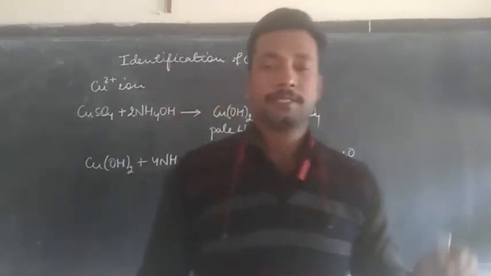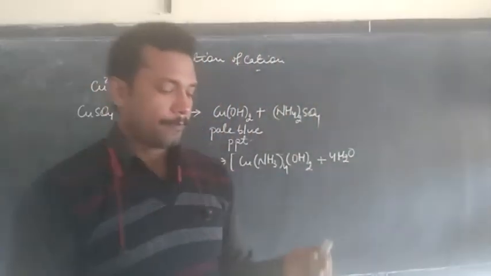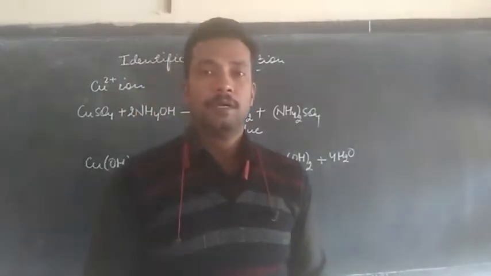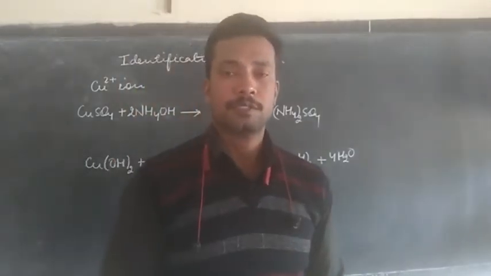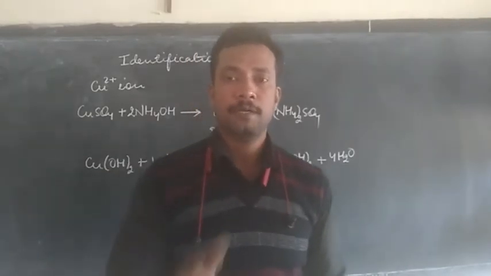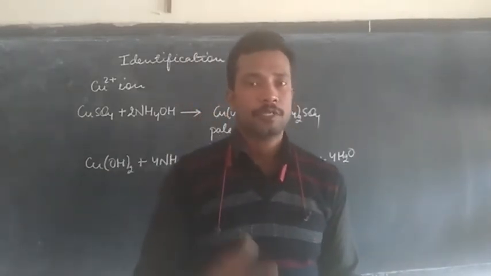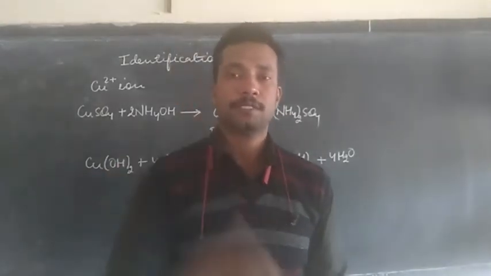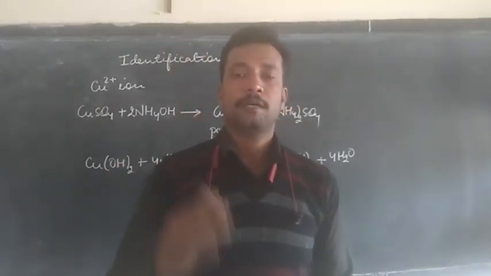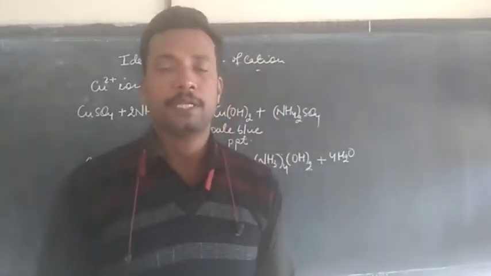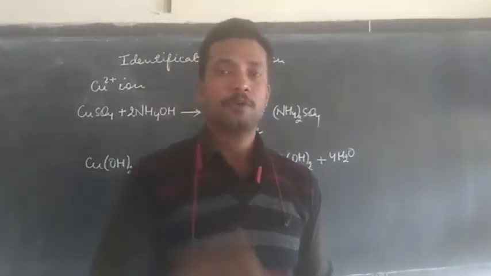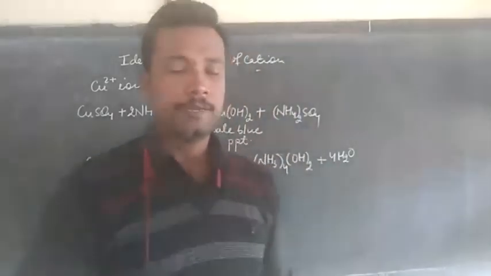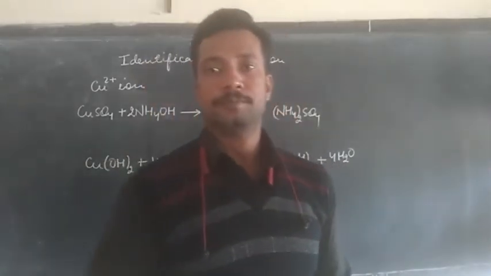And then we can see one more experiment based on calcium ion, and we know that calcium salts, on adding ammonium hydroxide, will not form any kind of precipitate. Even on addition of an excess amount of ammonium hydroxide, calcium salt will not give any precipitate. So I am going to show you by taking a calcium salt and then adding ammonia solution to it.